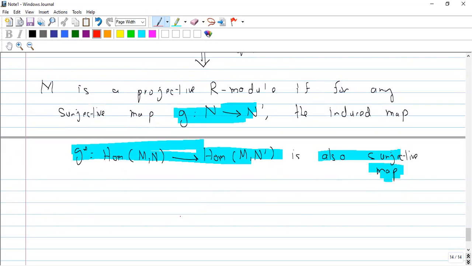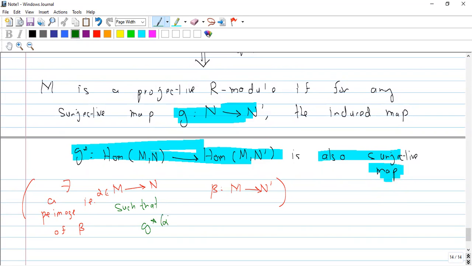Whenever we have a map beta from M to N dash, there exists a pre-image of beta, that is, there exists alpha from M to N, because here some alpha will exist, such that G star alpha is equal to beta, or you can say that G composition alpha is equal to